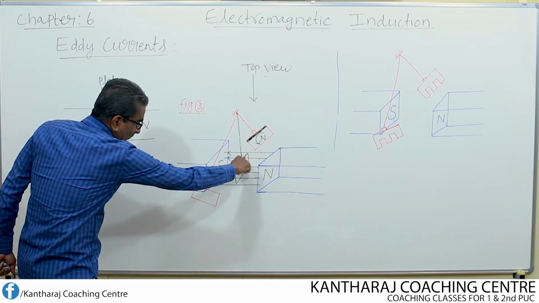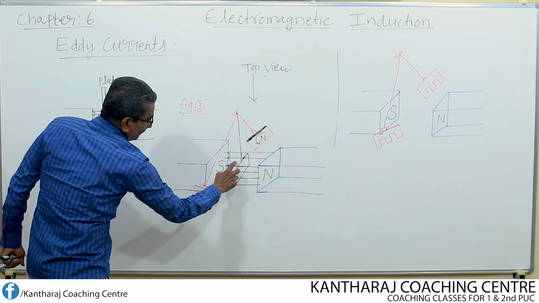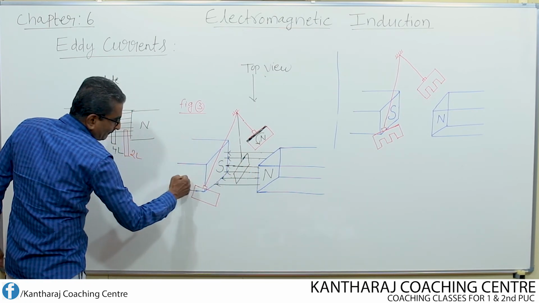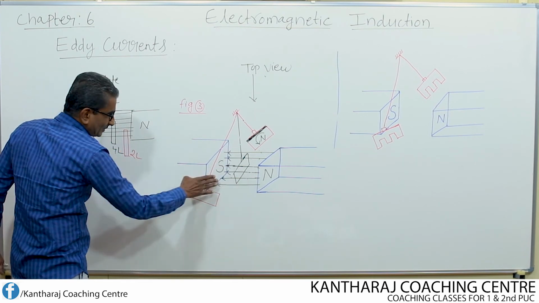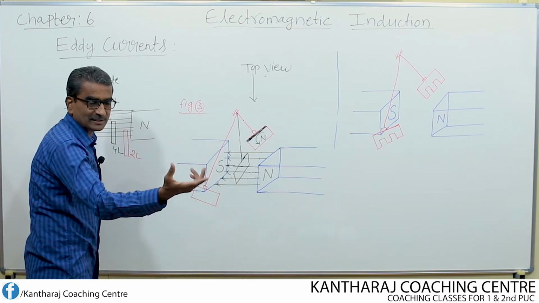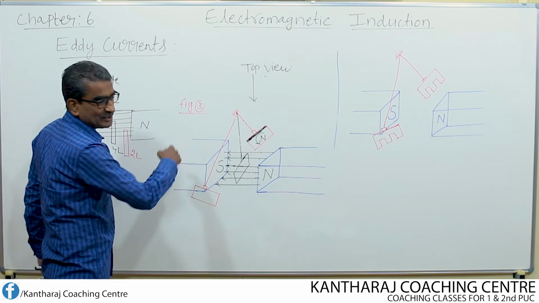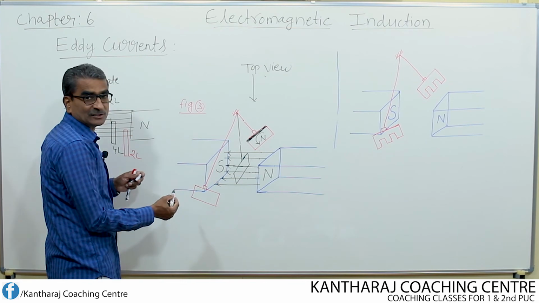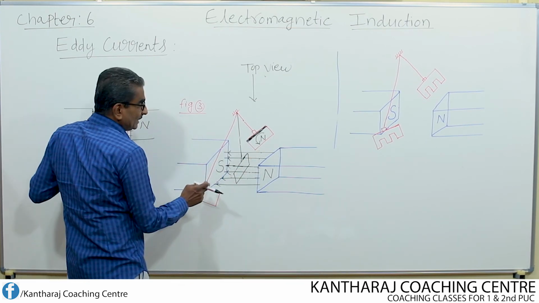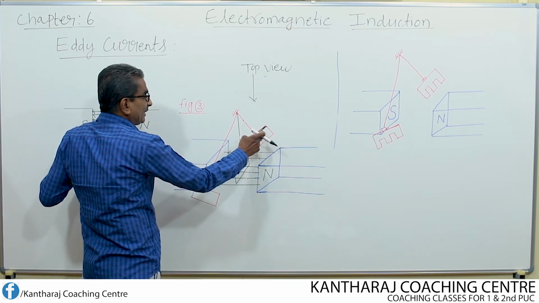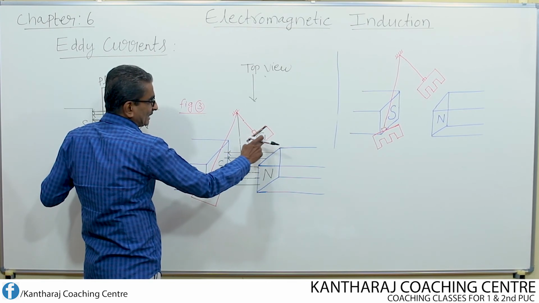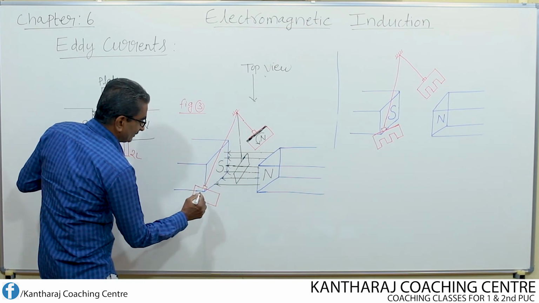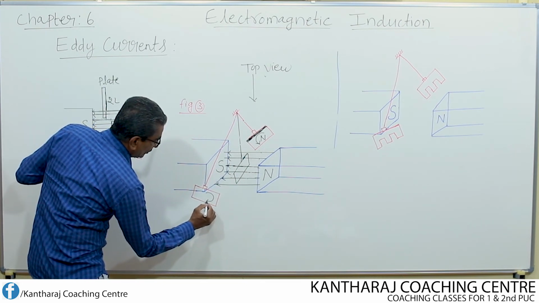Once again, when the plate comes out, look here, maximum lines 1, 2, 3, 4. While coming out like this, the flux linking with the plate decreases. Again an EMF is induced here, but this time the direction of the induced EMF is opposite to that of this. Let us consider induced current, this is the direction of eddy current. If the eddy current was anti-clockwise before, now here the eddy current is said to be in clockwise.